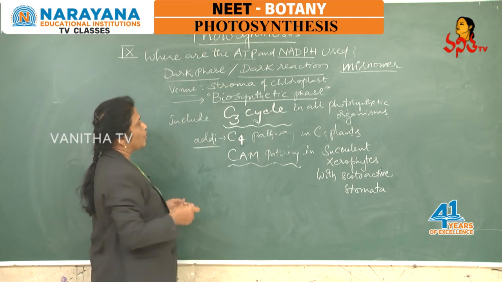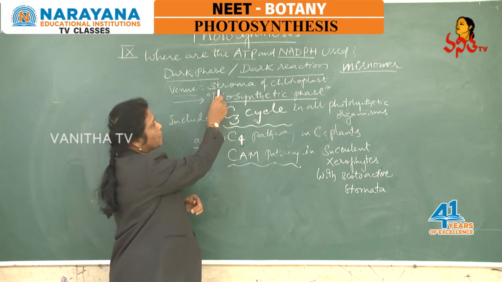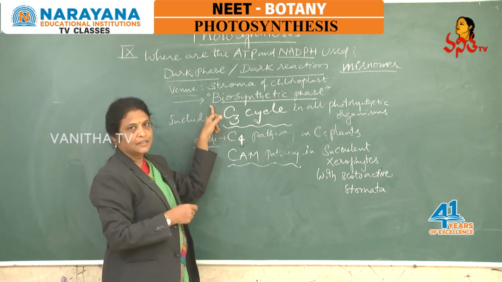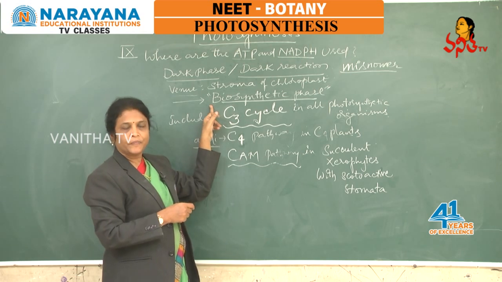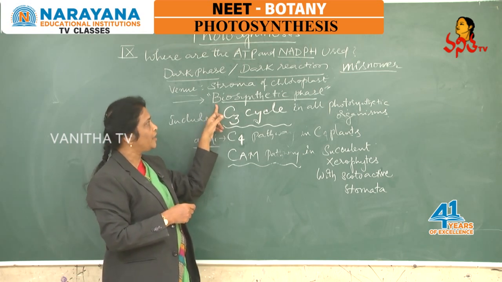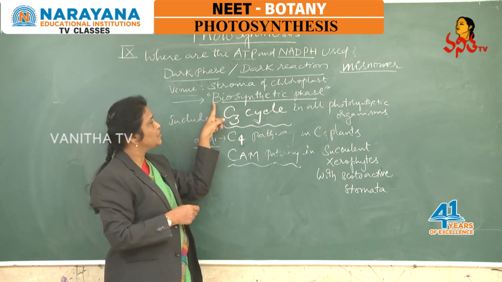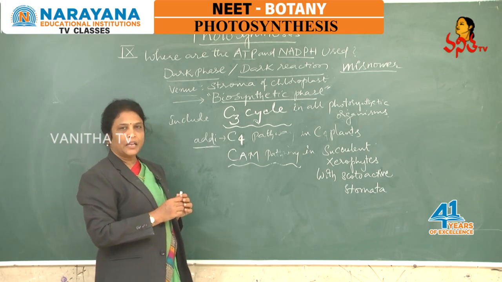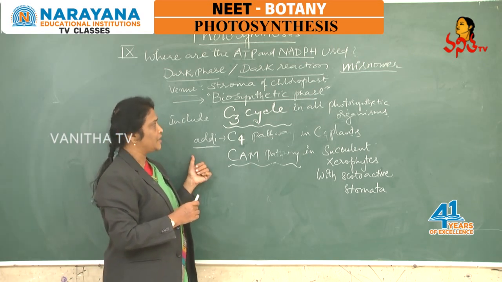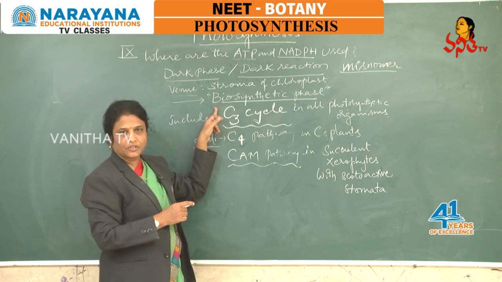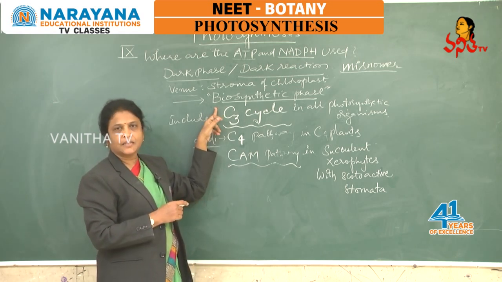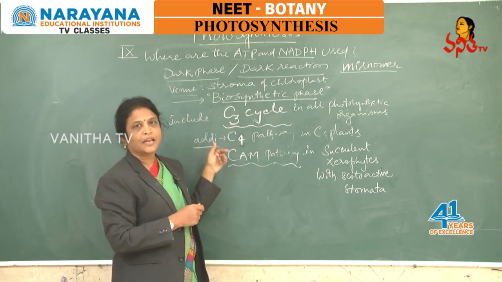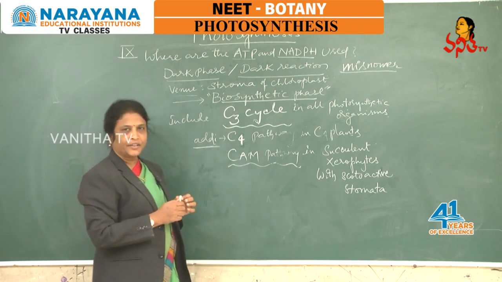Now, the venue of dark phase, where does it occur? That occurs in the stroma of the chloroplast, and these dark phase reactions cause the photosynthetic carbon reduction, carbon dioxide reduced to carbohydrate during dark phase reactions. So, we can refer to dark phase as biosynthetic phase. The synthesis of food material actually happens during dark phase, and it is an enzyme mediated process. As we follow the dark phase mechanism, it includes a series of biochemical reactions which are catalyzed by enzymes, so that is an enzyme mediated process.